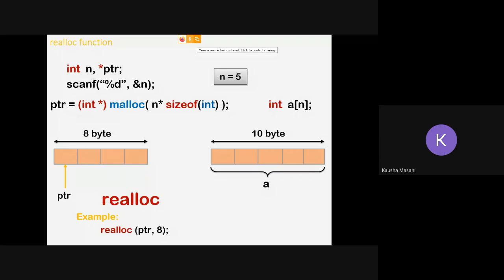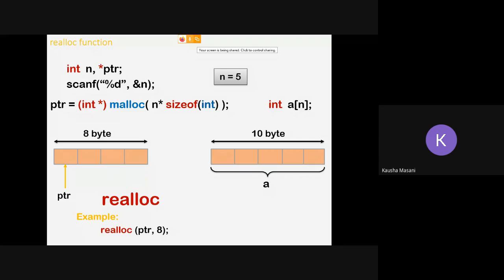But realloc is part of your DMA, and you should know what exactly realloc is and how it is used. So if time permits, we shall go for one extra program demonstrating realloc also. But for now, this is for you to just know the concept of realloc.